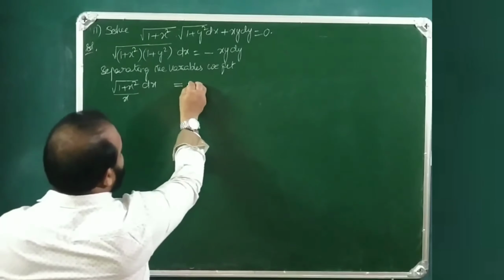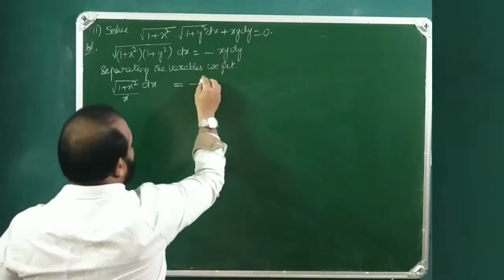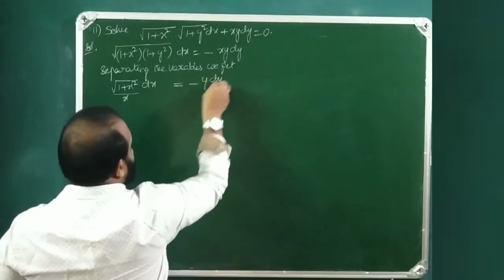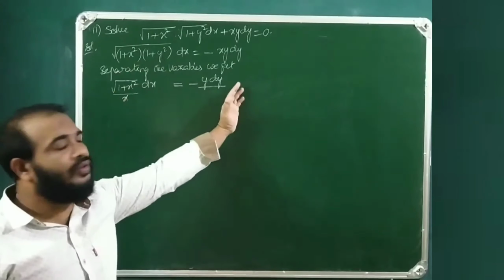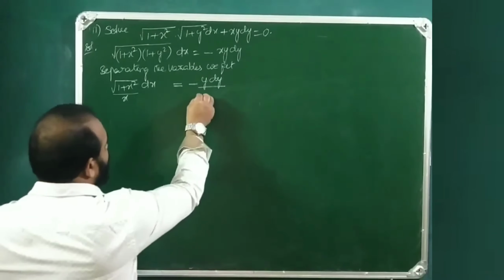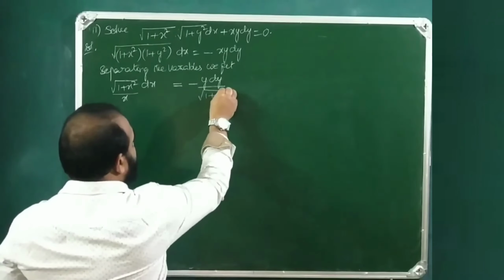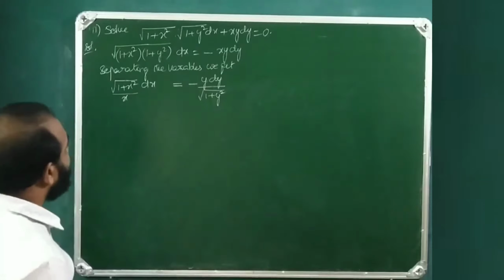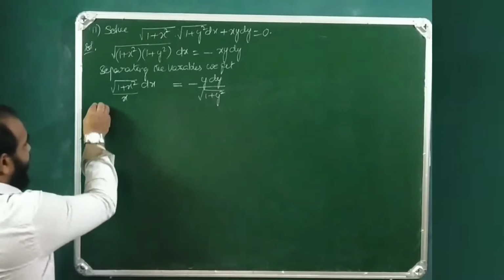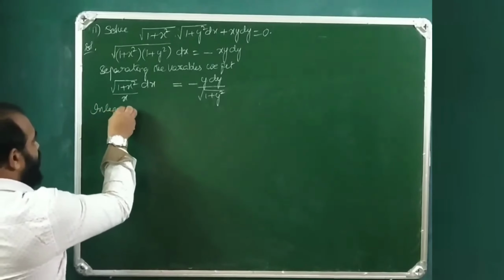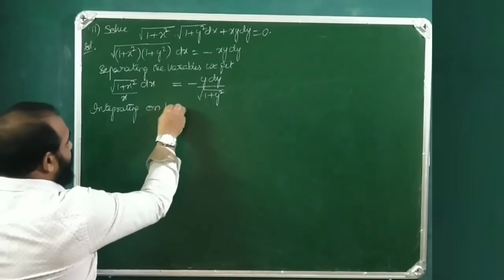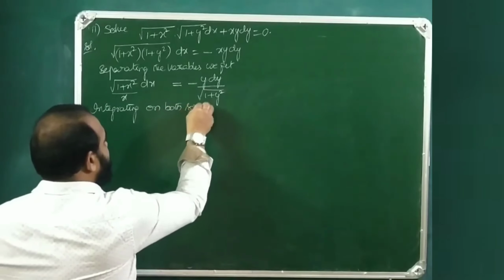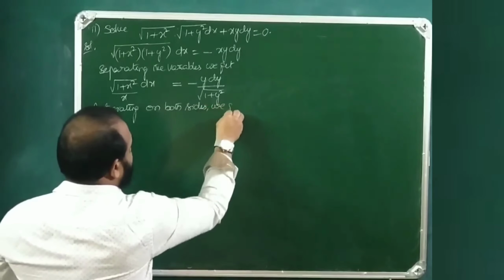This is equal to minus y dy by √(1+y²), so it will be dividing. So, integrating on both sides, we get